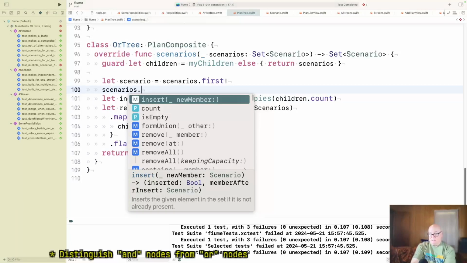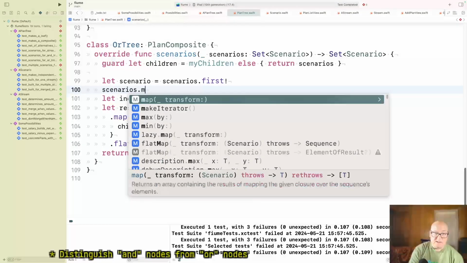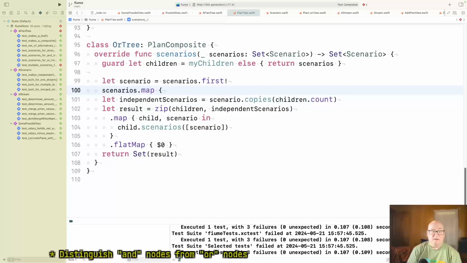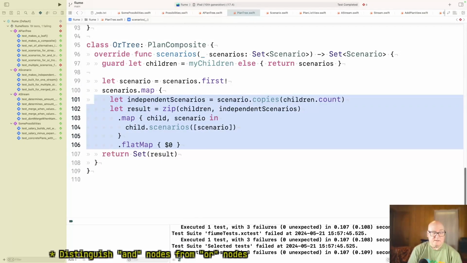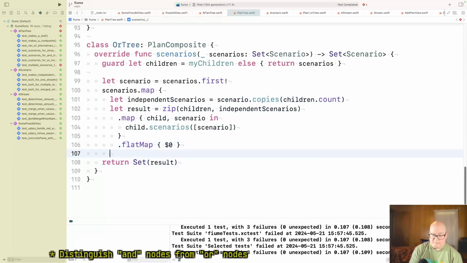The something is a set. Okay, so this is scenarios dot map, and all this... okay, let values equal that.